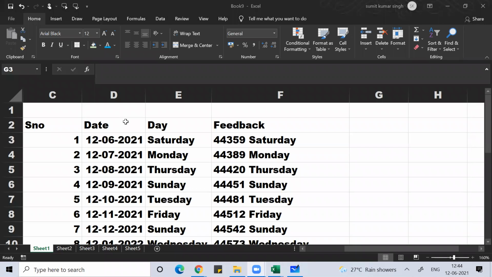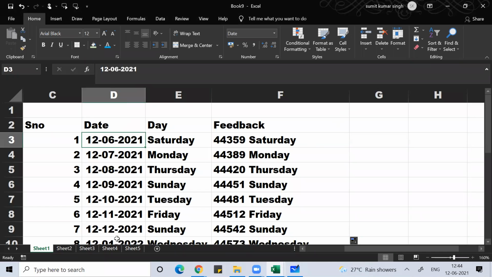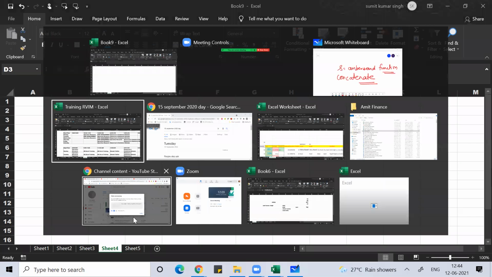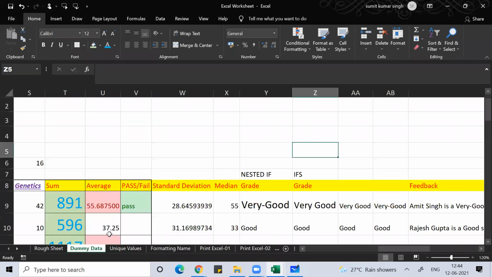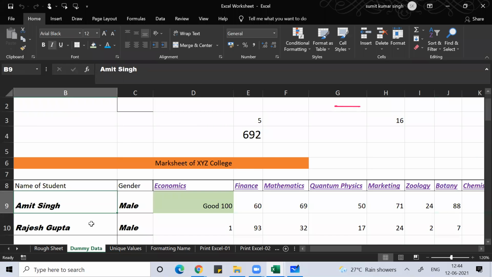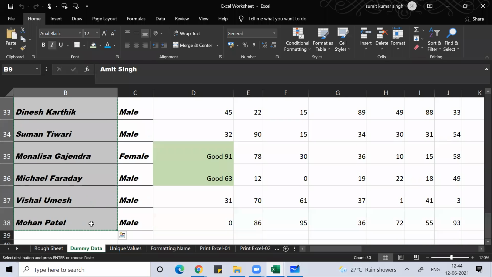Bhagwan is asking how to make capital letters appear when the name data is in small letters. So see what Bhagwan has said. Imagine you have some names. You can see some names are there.